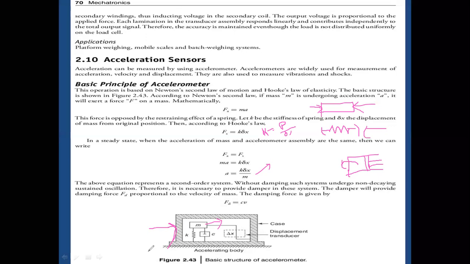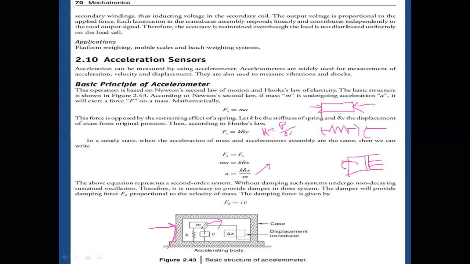In that situation, when we give some movement to the casing, the mass within the casing will tend to move either leftward or rightward. It may oscillate, or it may change its position. Hope you understand. Whenever we move the casing in some direction with some displacement or obstruction, the internal mass tends to move.